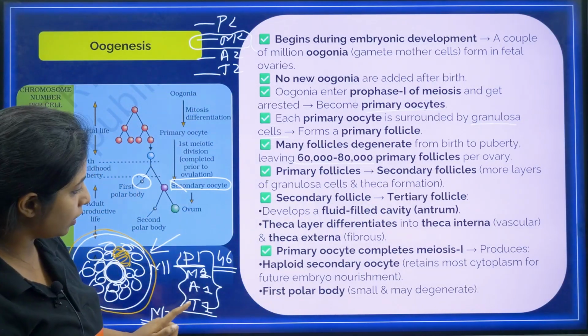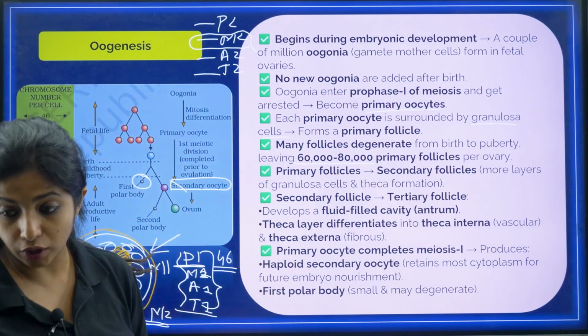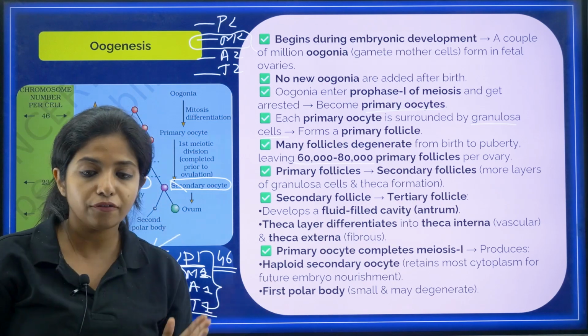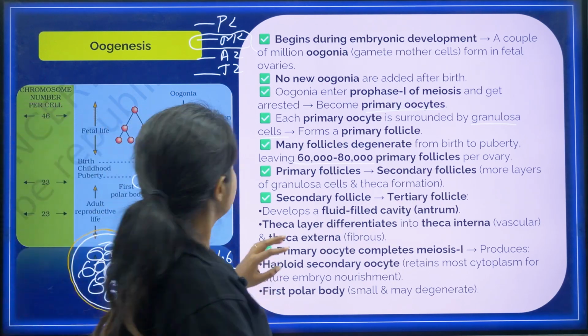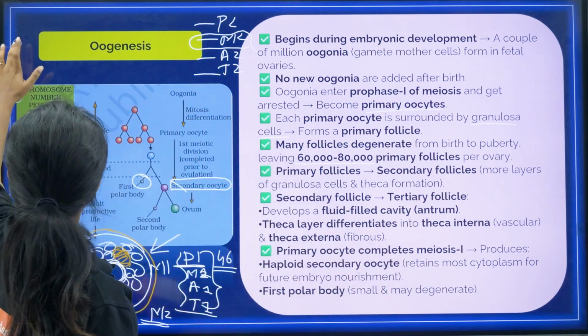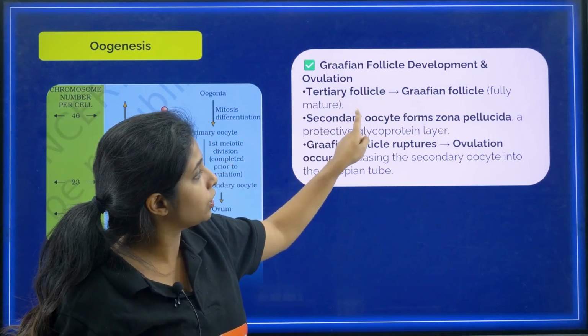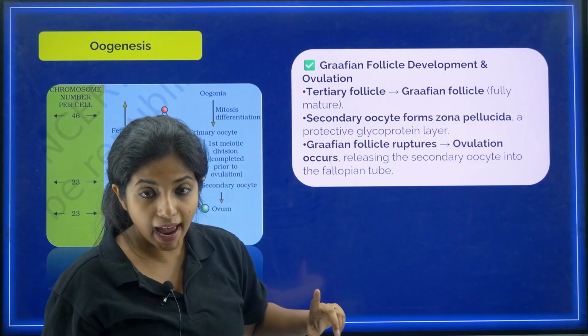Yes. So over here, now this particular primary follicle, secondary follicle, tertiary follicle is now going to form what? Graafian follicle. That is a thing that is going to happen. So let's move on to that particular thing. So over here, as I said, Graafian follicle development occurs where the tertiary follicle transforms into Graafian follicle, and